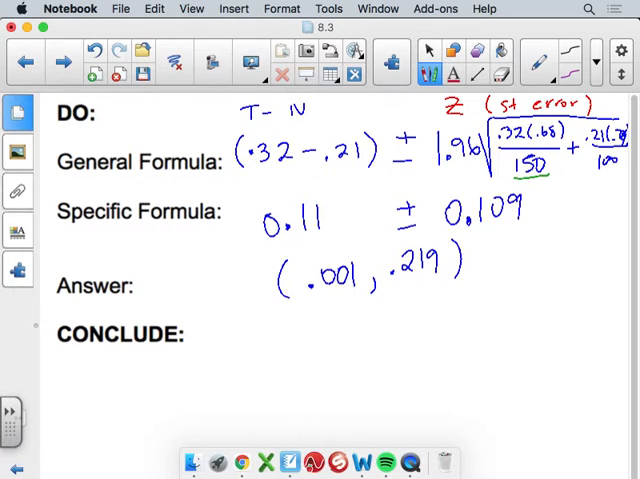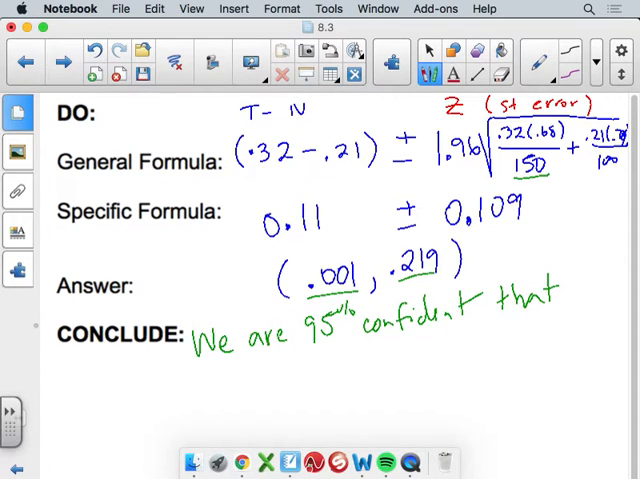So before we conclude, think about what these numbers mean. This number means teachers are more likely to have a second job than nurses by 0.1%, and teachers are more likely to have a second job than nurses by 21.9%. So do we think teachers are more likely? It would be yes. We're 95% confident. So that's what I can conclude. There's a chance I'm wrong, 5% in the long run, but we're 95% confident